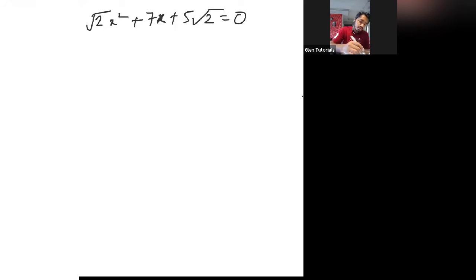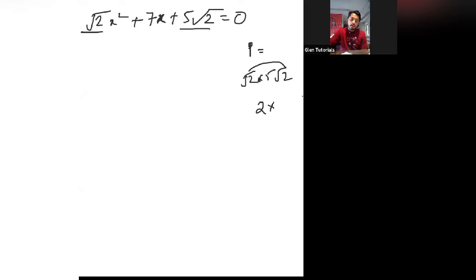So now if you see here there is A and here there is C. To find the product, we have to multiply A and C. So what is root 2 multiplied by 5 root 2? Root 2 multiplied by root 2 is 2 and this 5 remains. So 2 fives is equal to 10. Okay. I hope you all understood this. Root 2 multiplied by root 2 is 2 and 2 into 5 is equal to 10. Now this 5 came from here, that is remaining. So 2 fives are 10.